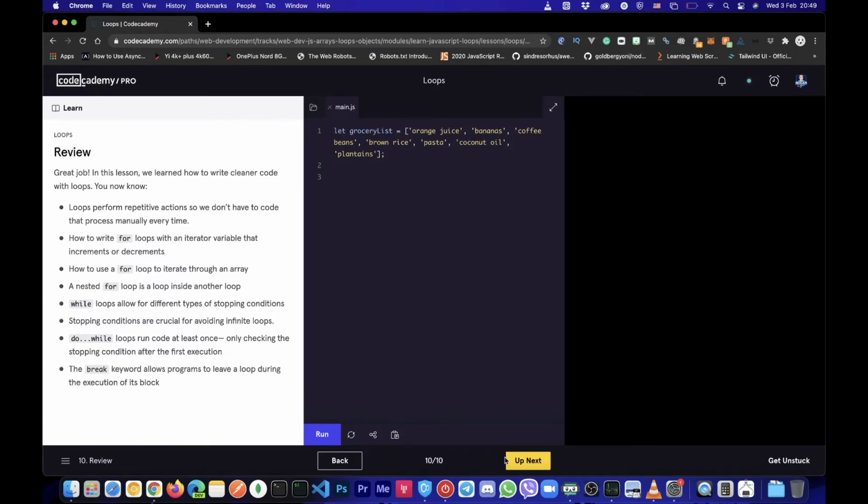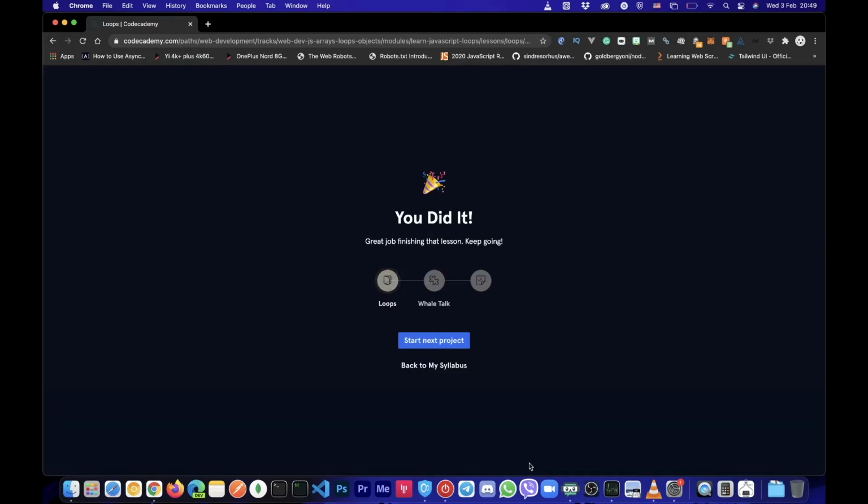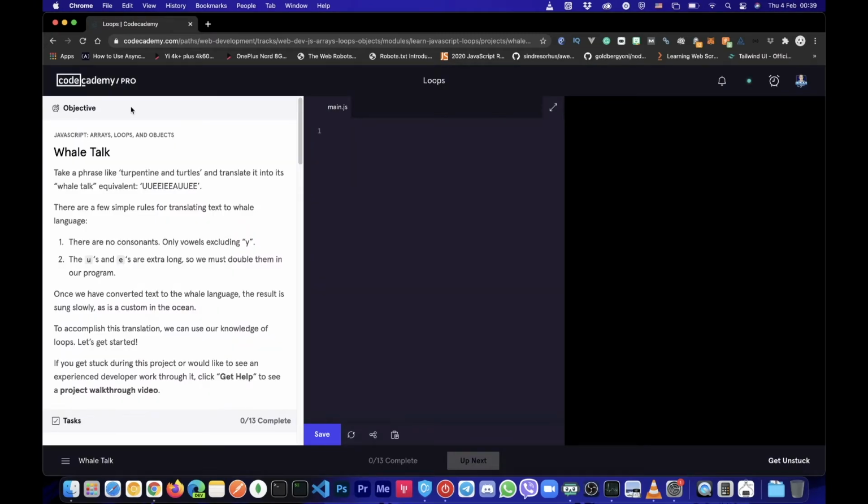Okay, that should be all. Let's proceed to the project section called whale talk. Take a phrase like "turpentine and turtles" and translate it into its whale talk equivalent. There are a few simple rules for translating text to whale